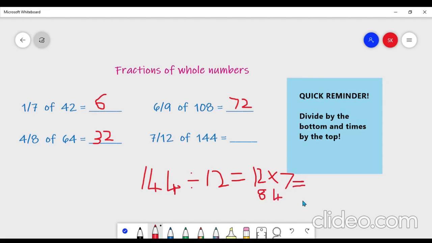This is a useful math skill. It's definitely going to come up in the 11 plus as far as I know, and will also come in many other exams such as SATs in year 6, and overall it's quite a useful skill which you should know in maths, and I hope this tutorial helped you,